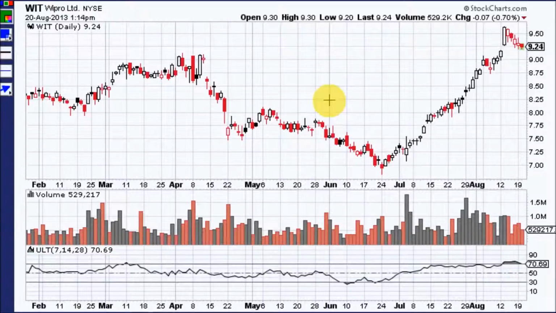Now let's take a look at a bullish divergence that worked very well. Right here, the stock price is falling. The lows are getting lower, yet the lows on Ultimate Oscillator are getting higher, even before it bottoms out with a nice reversal candle with a lower wick and the volume comes in. Right here, it becomes bullish by crossing up through the 50 line well before the volume comes in and breaks